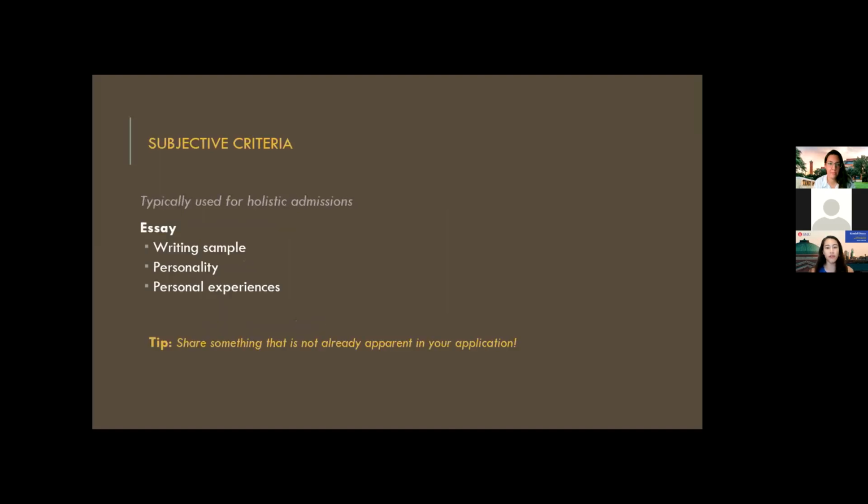Awesome. And so moving on from that objective criteria now to the subjective side. Typically, this is going to be information that's used in that holistic admission process. So when a student is going through a holistic admission, we're not only using that objective criteria, those academic aspects, but we're also considering the more subjective, personal characteristics that come through in the application through things like